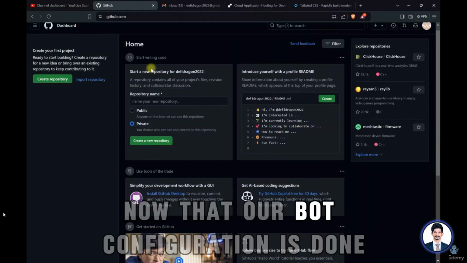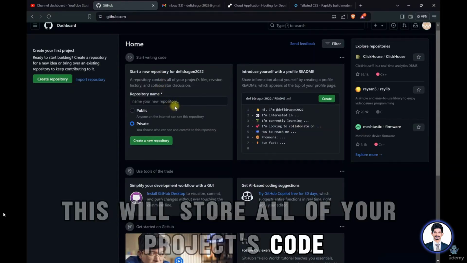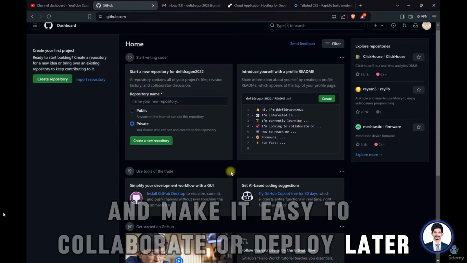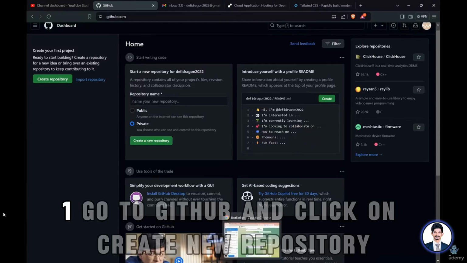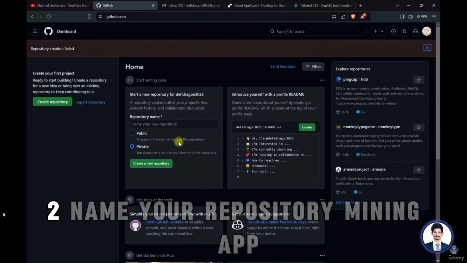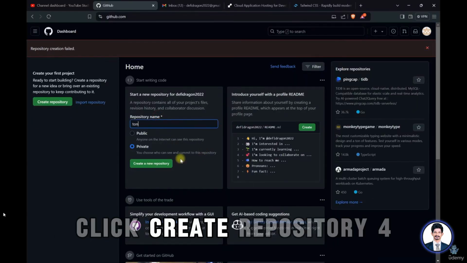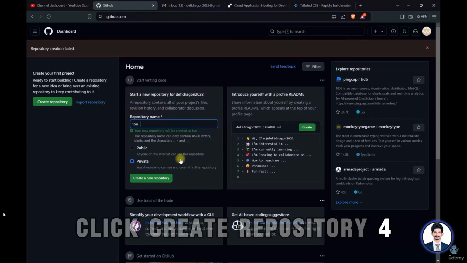Now that our bot configuration is done, let's create a GitHub repository for the project. This will store all of your project's code and make it easy to collaborate or deploy later. 1. Go to GitHub and click on Create New Repository. 2. Name your repository Mining App and choose private or public based on your preference. 3. Click Create Repository. 4.